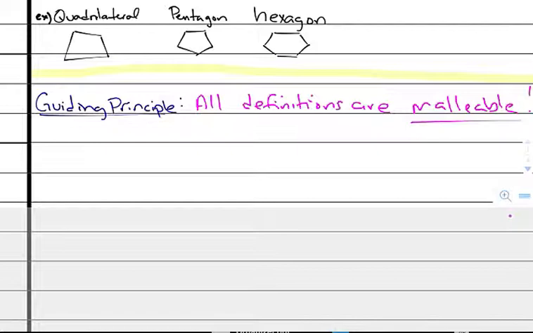Now, what I do not mean is that it can change to something that is pure fantasy. Under no circumstances can I look at something like this, let me draw, I can't look at something like this and call it a square. That's not what I mean by malleable. What I mean is we're going to give our best faith, best efforts into coming up with a definition that makes sense for the thing that's in front of us. But the finer points of definition can change based on the information that we see. That's my way of warning you